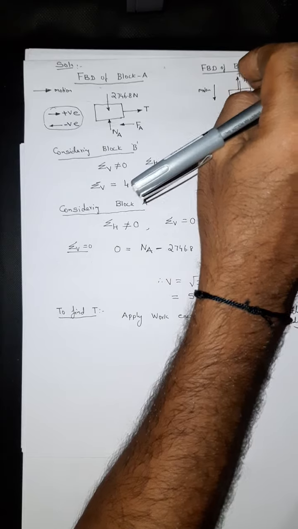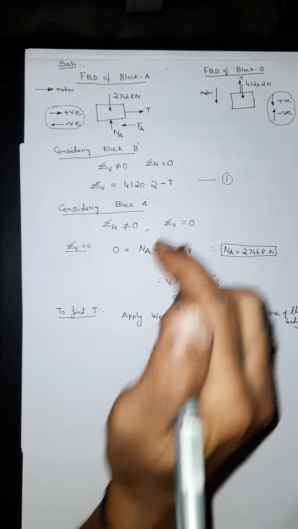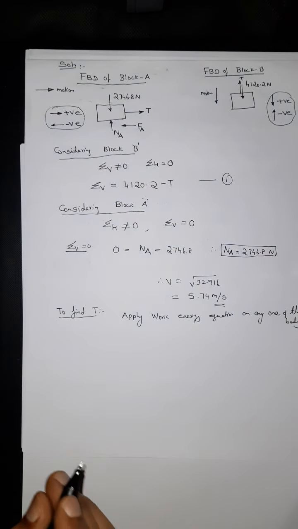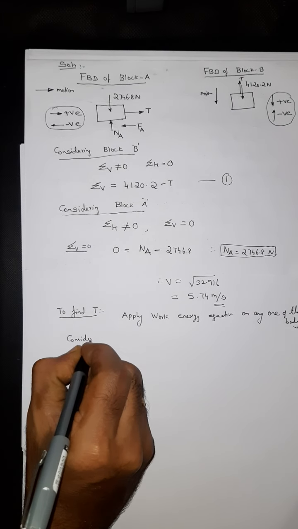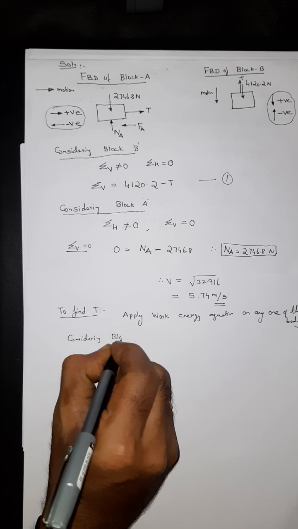So I'm going to choose block B because it has minimum value, right? So considering block B,